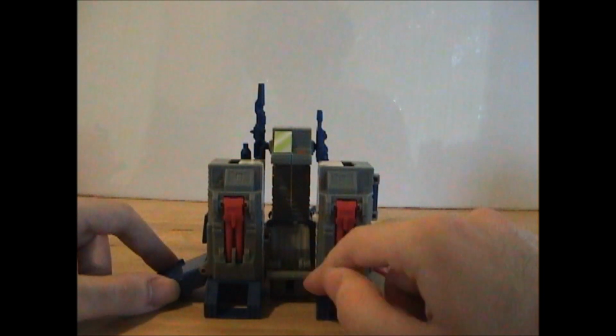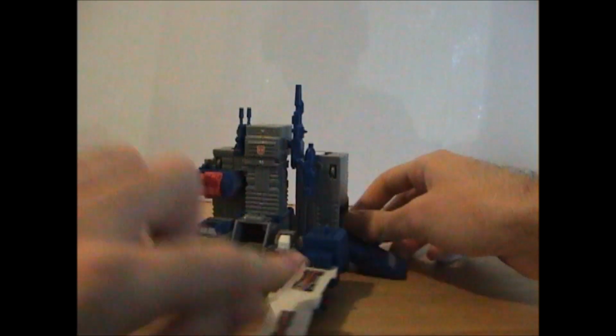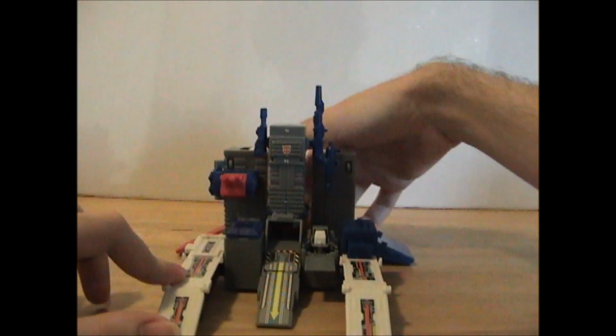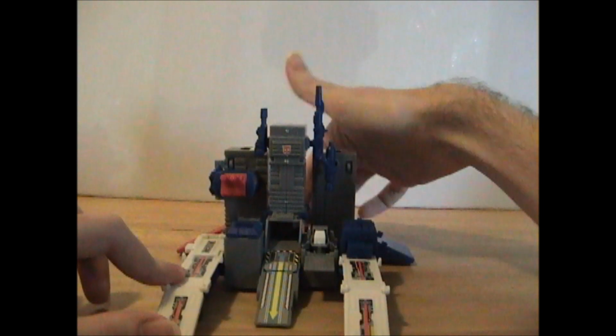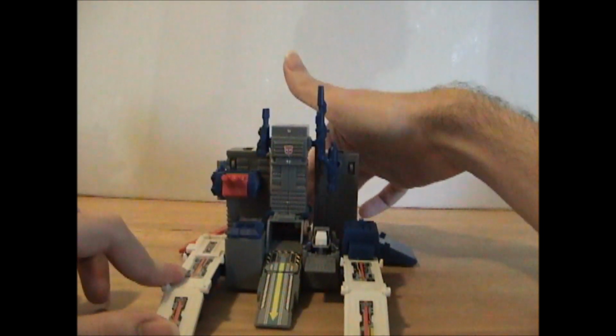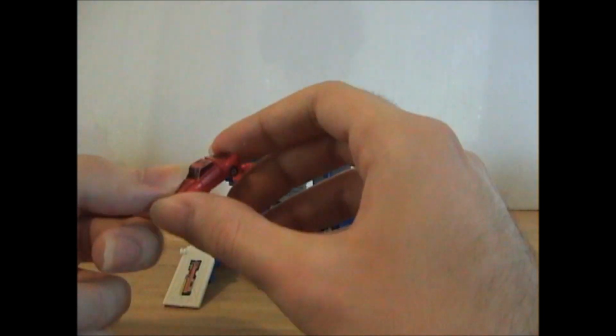There's a little lever right here that you push down on. It can take a bit of wiggling sometimes, but it's ridiculously tiny. I mean,